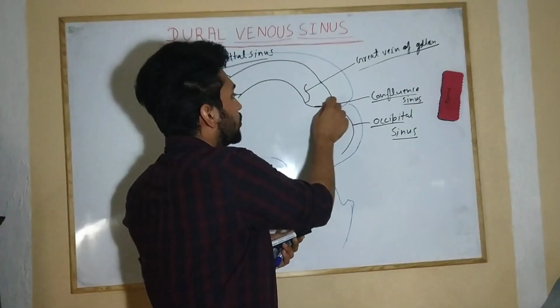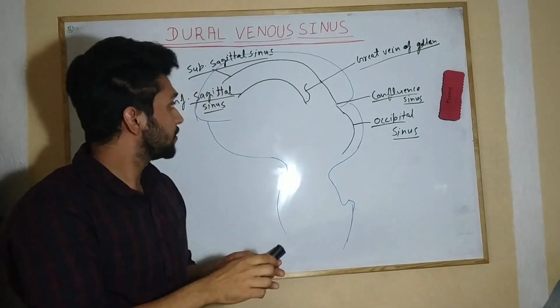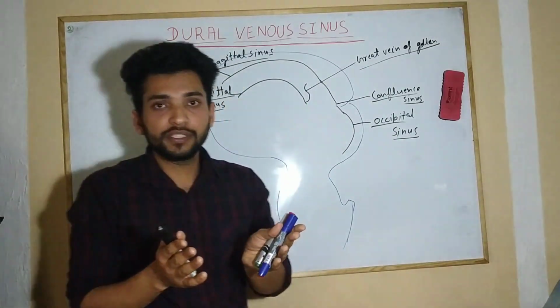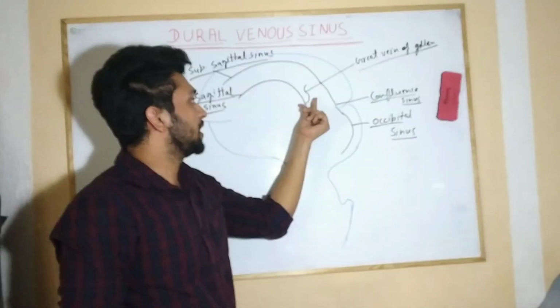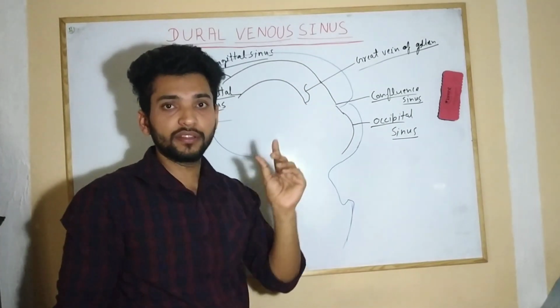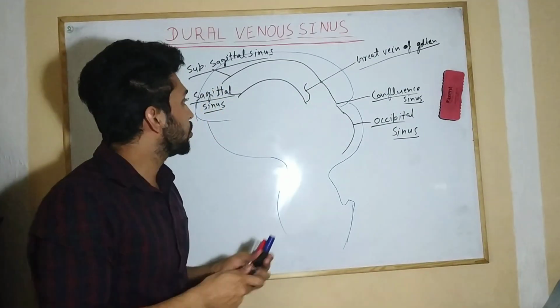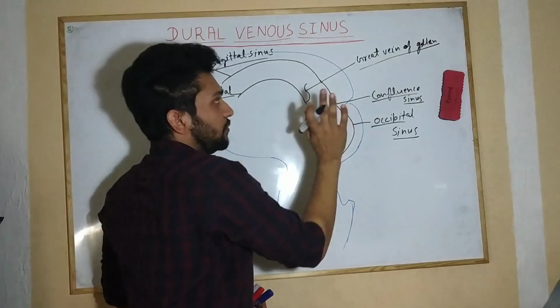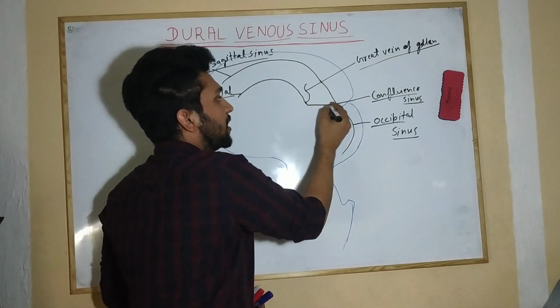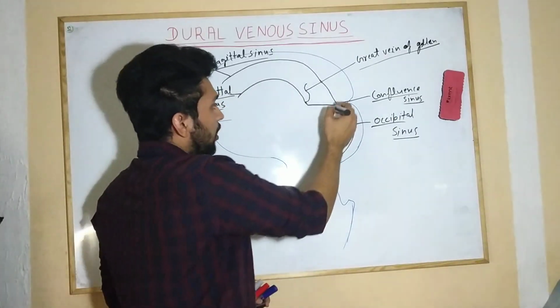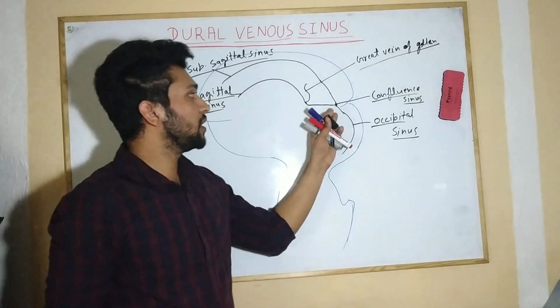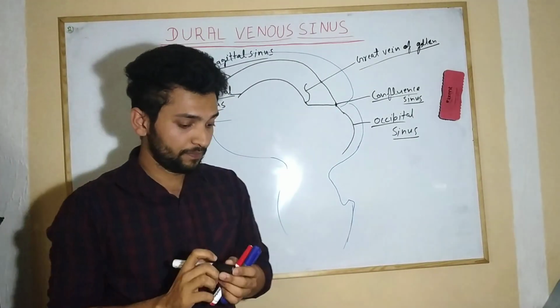So we have seen this one, and after that, when anyone becomes married, so let's see. Wait one minute. Now the son was twisted, like many men are twisted. After they become married, they become straight. So this was the son. He got married with a girl called Great Vein of Galen. After that, he became straight.